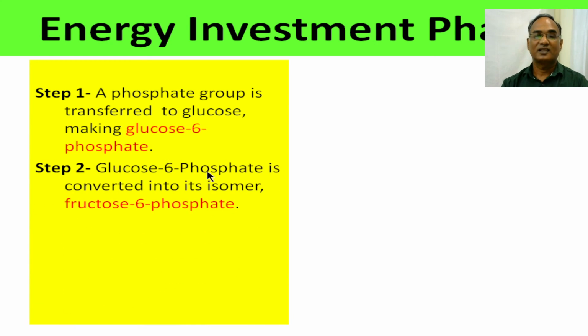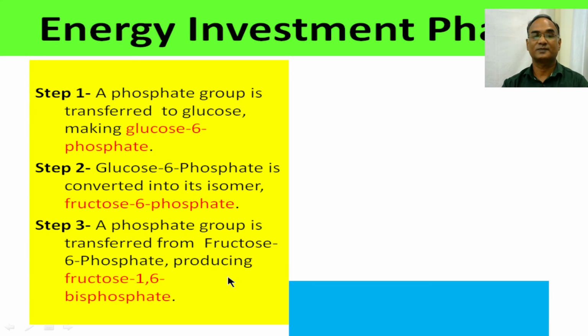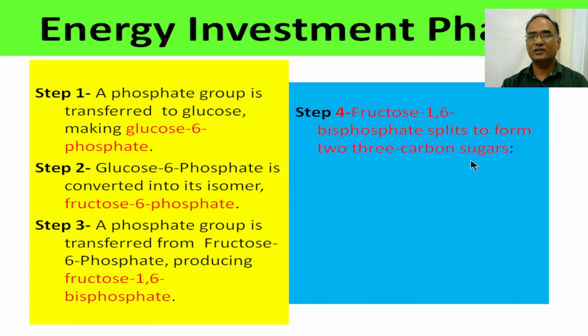Then the glucose 6 phosphate is isomerized and converted to fructose 6 phosphate. And the third stage, the fructose 6 phosphate is converted into fructose 1,6 biphosphate. In this stage, one more phosphate has to be added. And the fourth phase is one more phosphate is